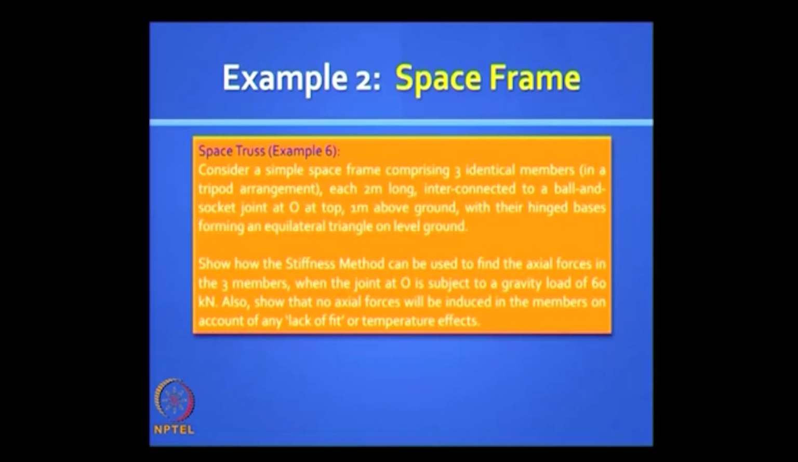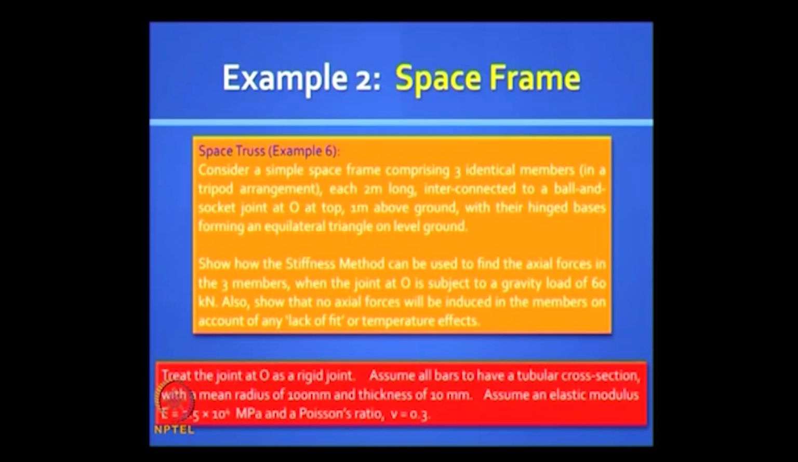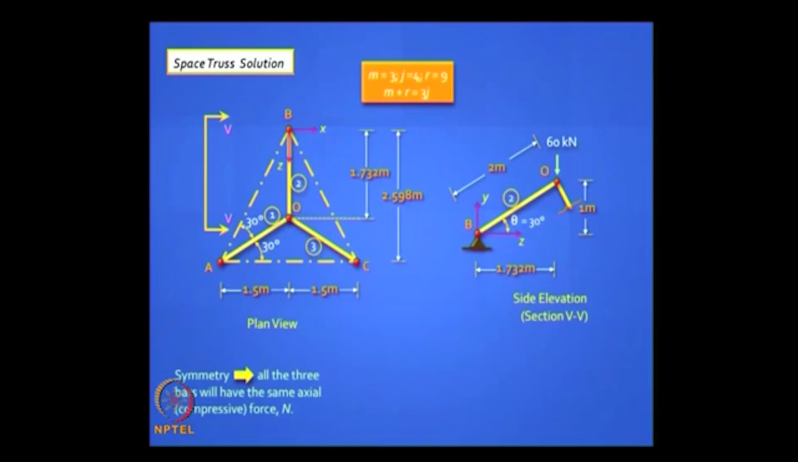So it's the same old problem, except that you treat the joint at O as a rigid joint, and assume all the bars have a tubular cross section. Earlier it didn't matter what cross section it had, because it was statically determinate. Take a 100 mm tube with a thickness of 10 mm; elastic modulus and Poisson's ratio are given. It's a steel tube. So this is what we did, the space truss, and we solved it using a flexibility approach,